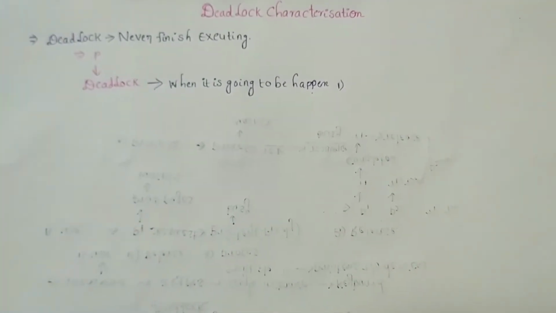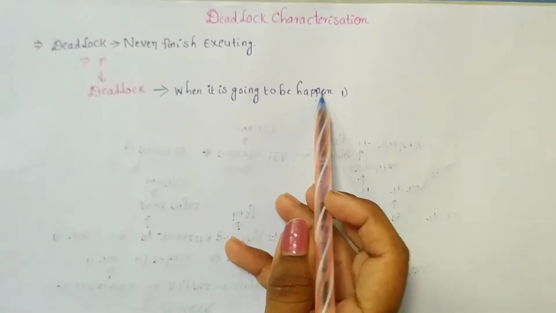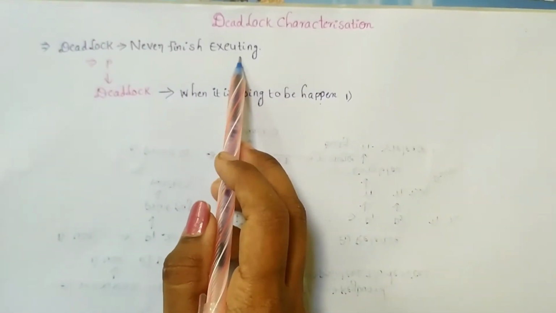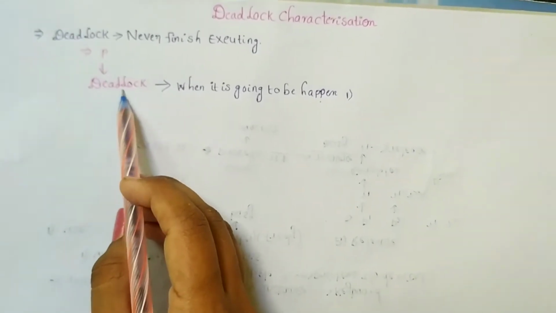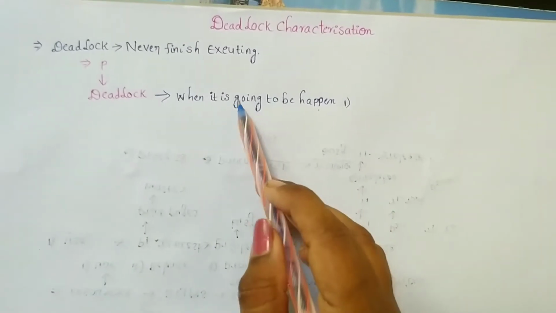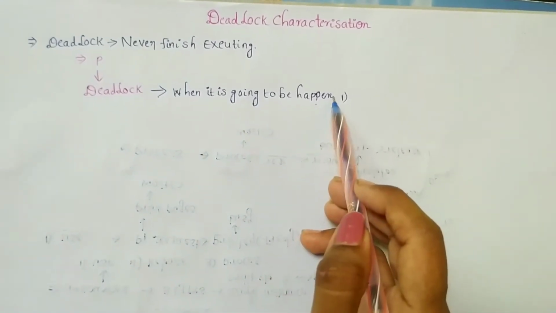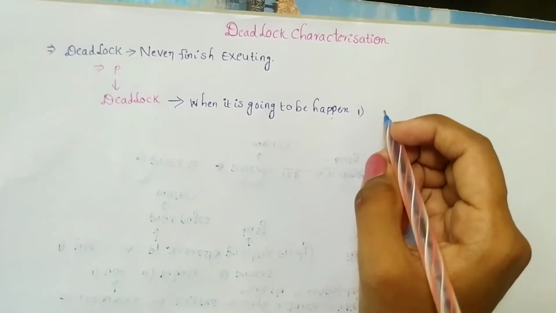Deadlock characterization. When is it going to happen? Deadlock is a never-finish-executing state. If P is a process and deadlock is going to take place, then it is a never-finishing process. When deadlock is going to take place, it is because of 4 cases: